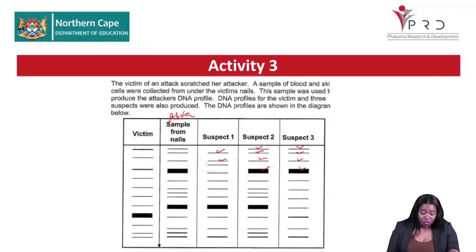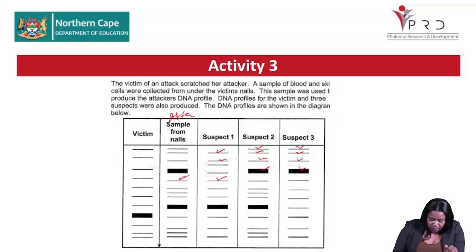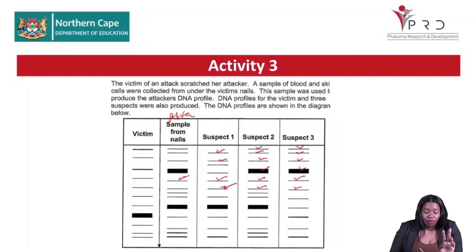So far we can see that 2 and 3 are very similar. Then this one matches with all of them. But I think so far we can exclude suspect 1 because we've had 2 bands already that are not matching with the crime scene. And then the next one,